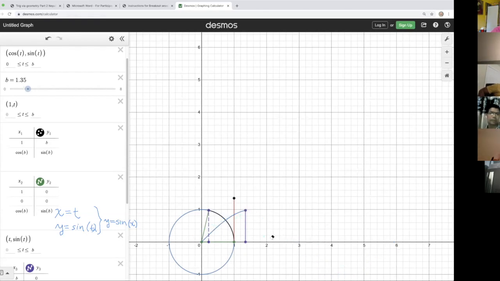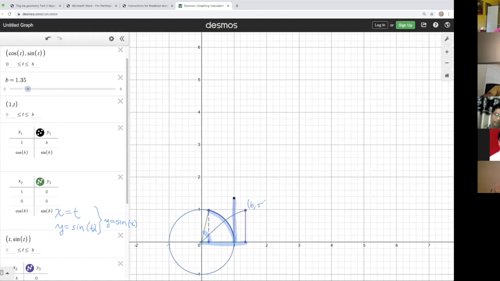that I've drawn earlier and try to share this. So B is this length. B is this length. B is the radian measure of this arc. And B is also the distance along the x-axis from 0 to the base of this point on the sine function, because the coordinates here are B